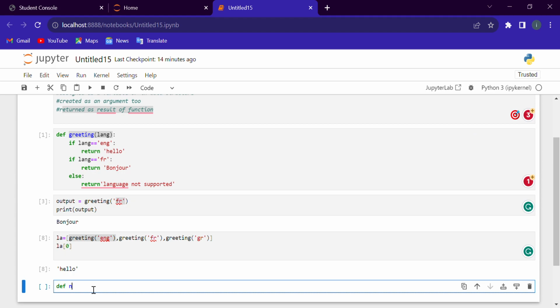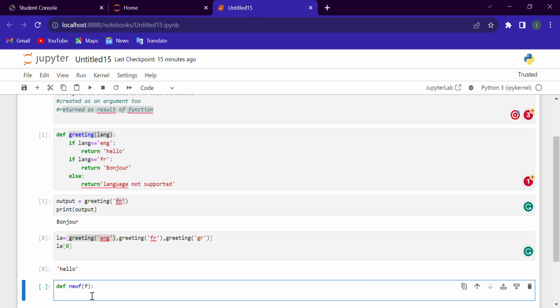Define, for example, a new function new_f, and we are giving it a parameter f, or an argument f. So it will take f as an argument, and f will be used to access this greeting function. Okay, language is equal to English, and return f of,